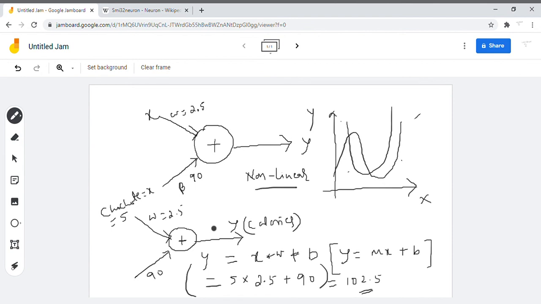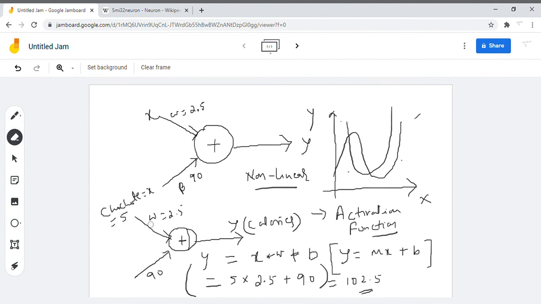How do you show the non-linearity in data? You can actually show the non-linearity in your data by including one of the important concepts called activation functions. Activation functions are responsible to show the non-linearity in your data. Now where do I include this activation function? Activation functions are always used within a neuron. I simply put a line here.